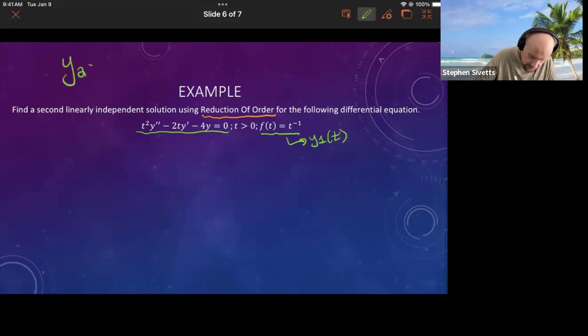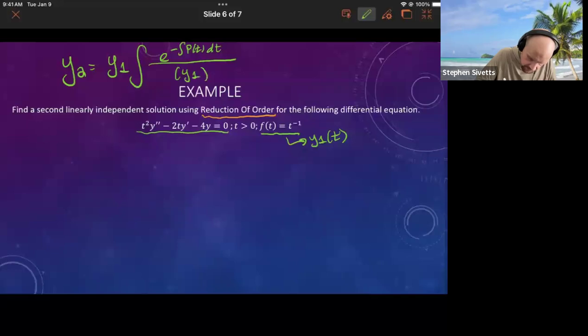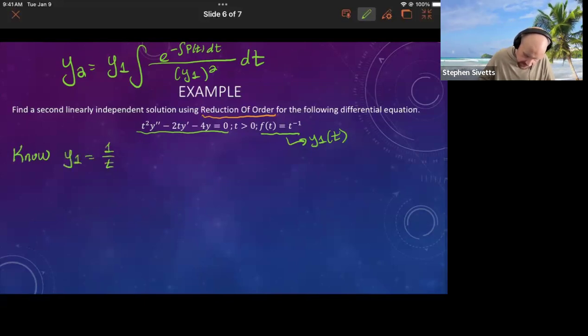So the formula again is y1 times the integral of e to the minus the integral of p of t dt over y1 squared dt. So if we know y1 is 1 over t,